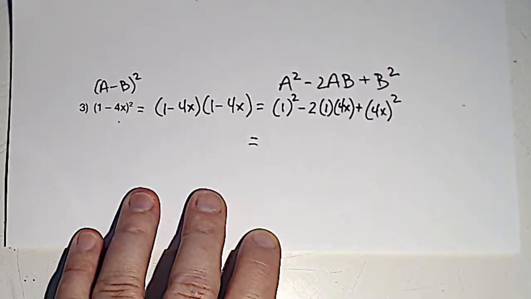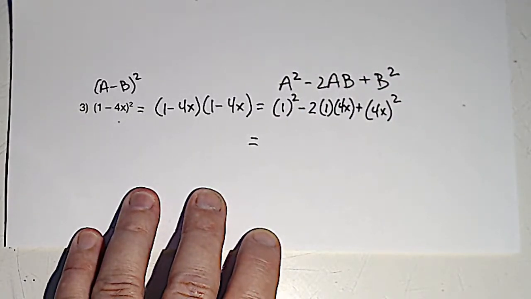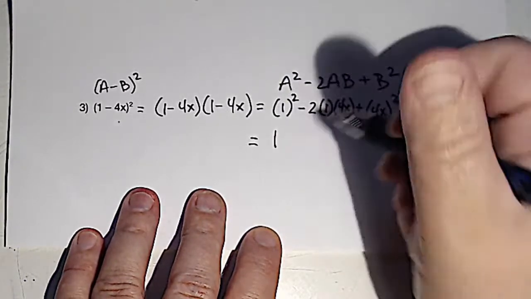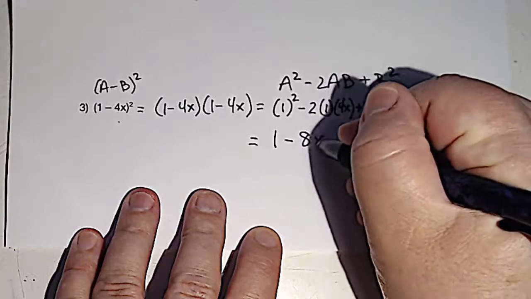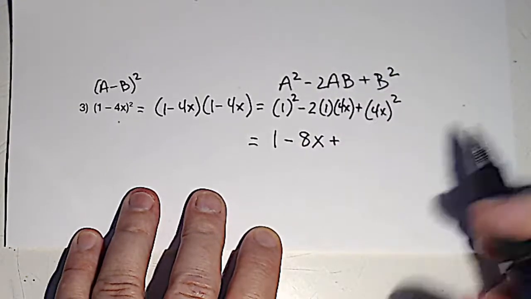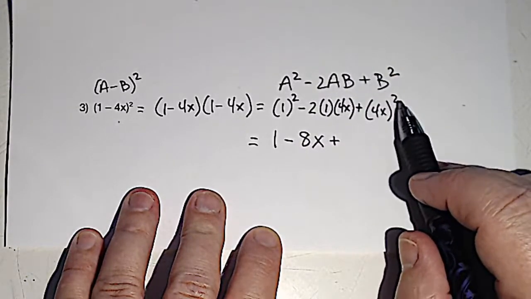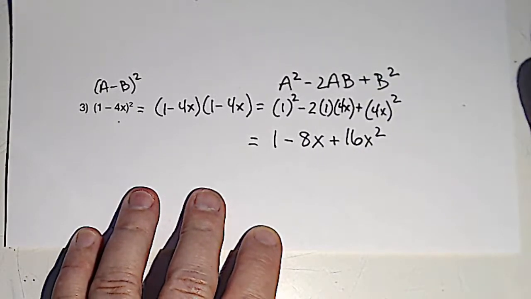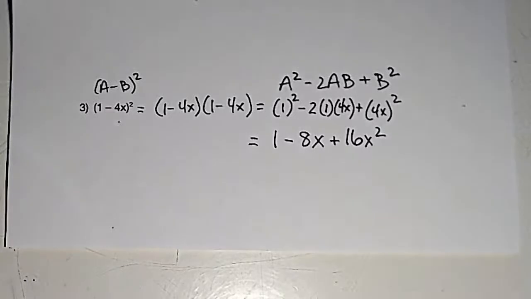Now, you might ask, wait, FOIL would be so much faster. It could be. It could be. So you may decide that this formula does not help you. And again, what I would recommend, 4x, the quantity squared is 16x squared. I would recommend learning these formulas, not because they're necessarily faster, but because they help you once we go the